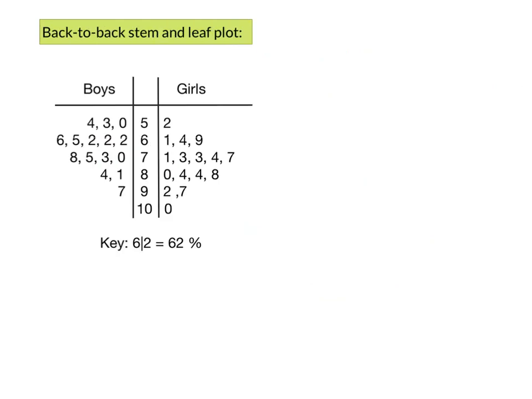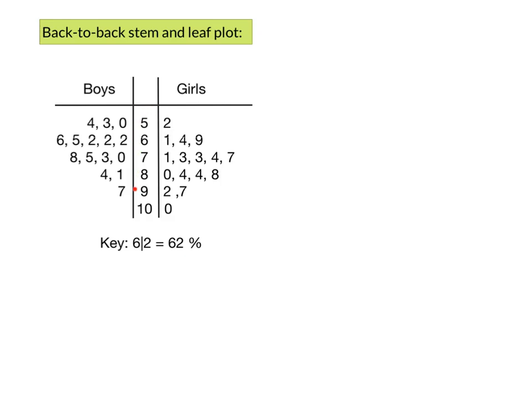Now next we're going to look at a back-to-back stem and leaf plot. In this stem and leaf plot, I'm comparing two sets of data: a set of data for boys and a set of data for girls. If I look at the key, it has 6 and then a line and then 2 is equal to 62%,